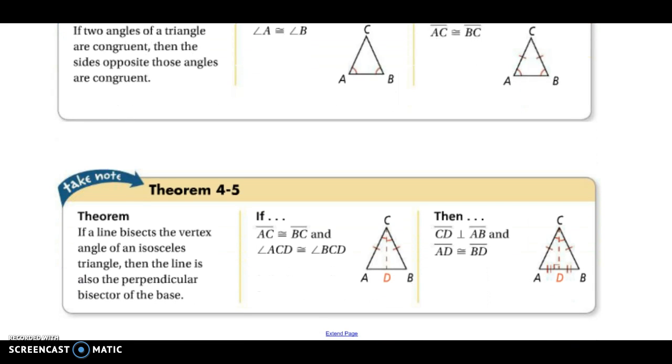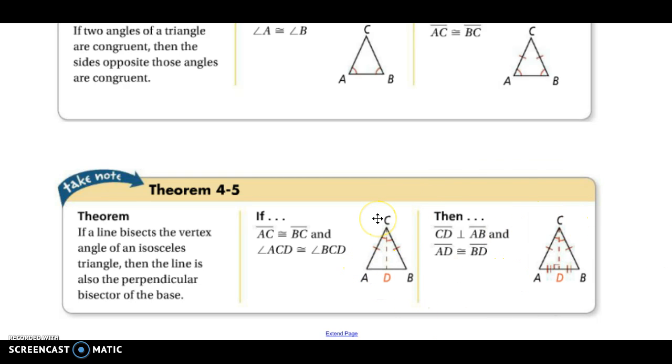The last theorem doesn't have a name, so I just want you to know the gist of what it does. This says if you see a triangle that has two congruent sides, and there's a segment that's bisecting the vertex angle. Remember, the vertex angle is the included angle of the two congruent sides. So if a segment is bisecting that angle, then you can assume that that line is a perpendicular bisector of the base. So looking at this picture,